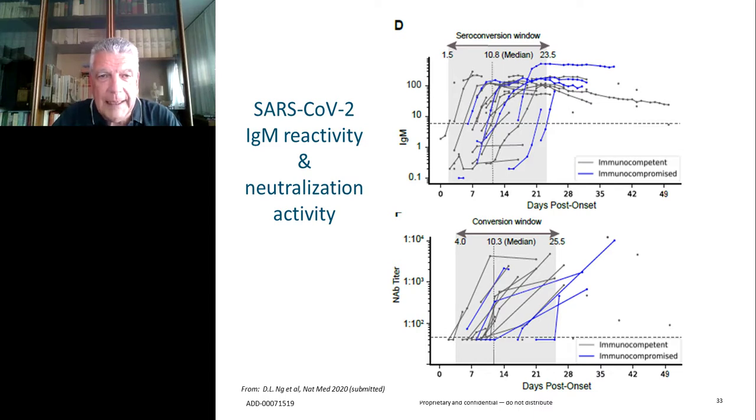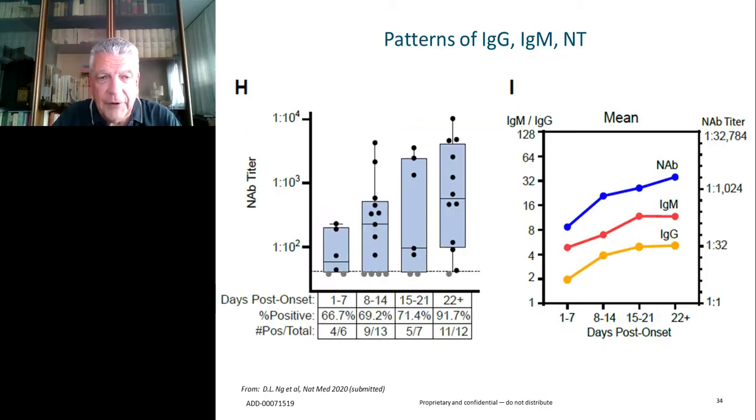So what's the general meaning of this kind of experiment, which is up to now pretty unique? The first thing that we may observe is that indeed the neutralizing capacity of every patient may start as early as a few days after onset. This is not a fully neutralizing activity, but it is something that happens and increases over time. You see that over the time span of 3 weeks, this neutralizing activity is demonstrated in almost 100% of patients with an increasing titer. At the same time, also the levels of IgM and IgG are rising.